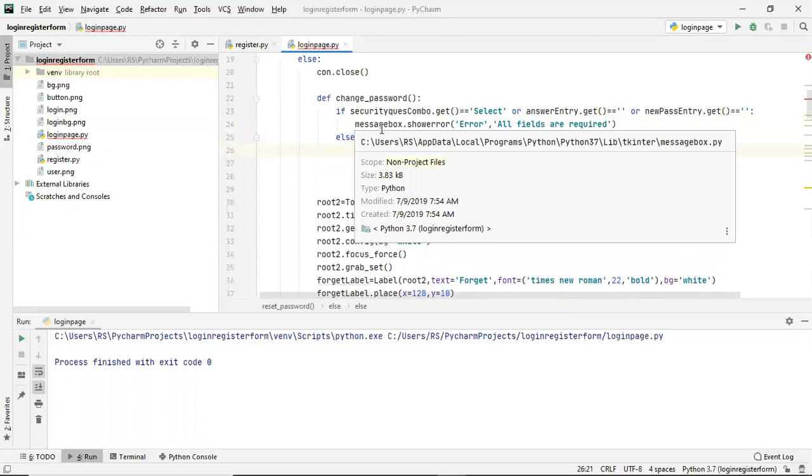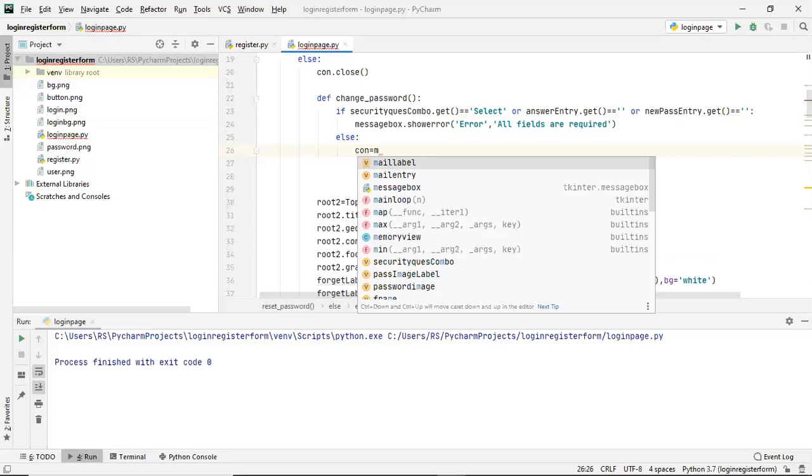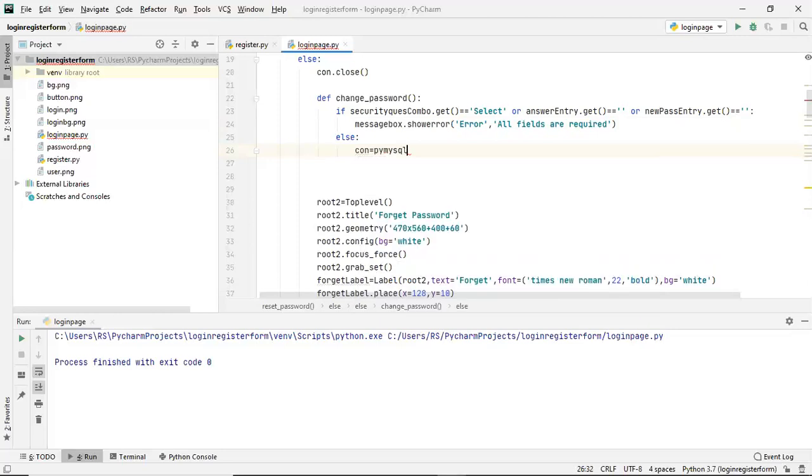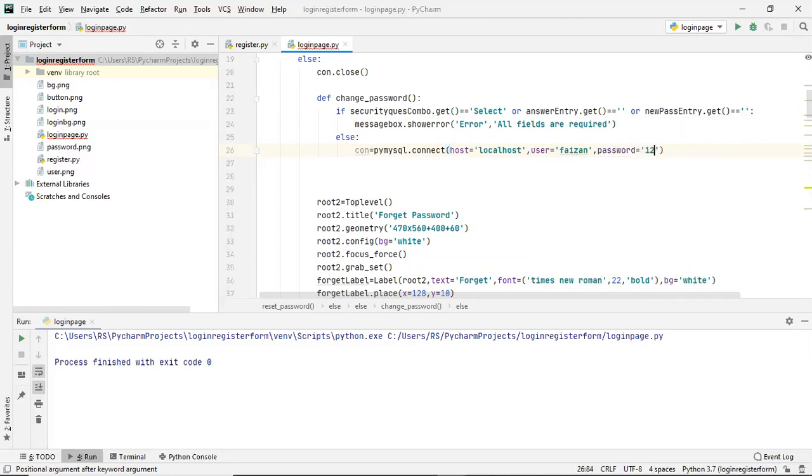In the else part, again we will connect with our database. So I'll write con equals to pymysql dot connect. Again the same host name, host equals to localhost, user equals to Amazon, similarly the password equals to 1234, then the database equals to register.